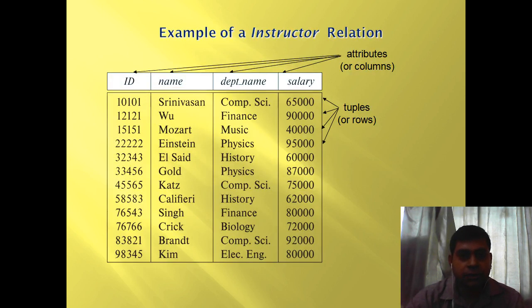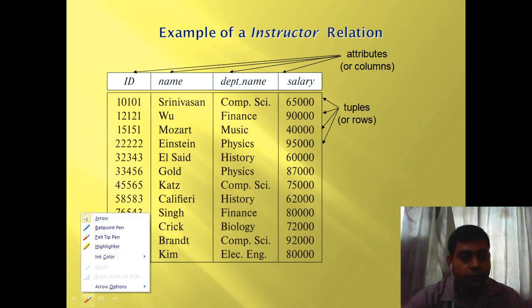So start with the first discussion on example of an instructor relation. So this is a view of a table where the instructors having few characteristics like his or her ID, then name, then department name, salary, etc. So every field, if we look that there are different values, that is called the domain.